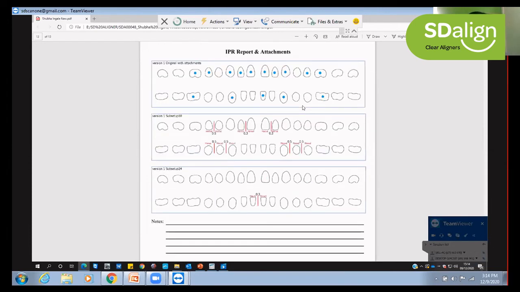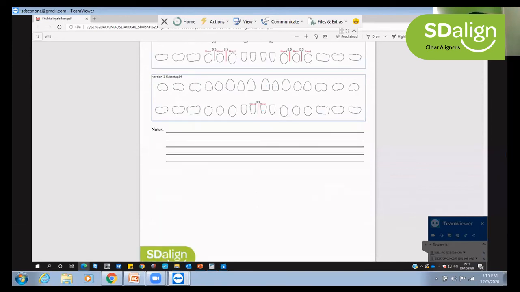Then the IPR chart. Let's have a look at how the IPR chart is read. The IPR chart is read on the left hand side. We also share a PowerPoint. So this is just a rough chart. We share a proper PowerPoint of IPR, which I'll just open. So this much is how much we share with the ortho report. Now let us see what else we share with the IPR chart.